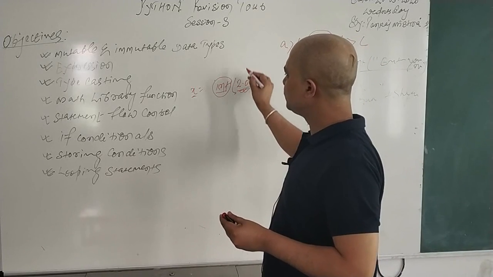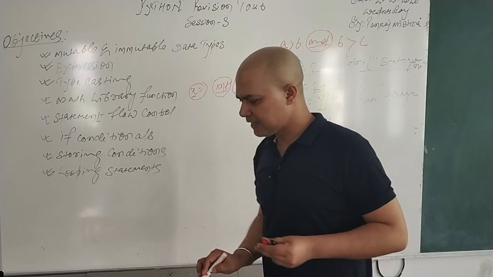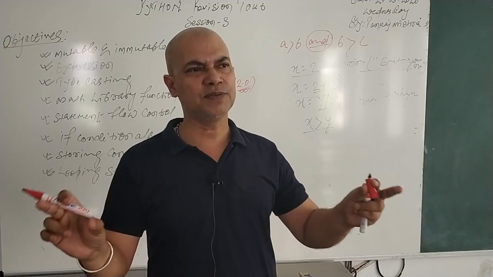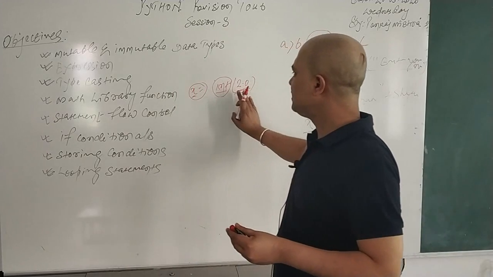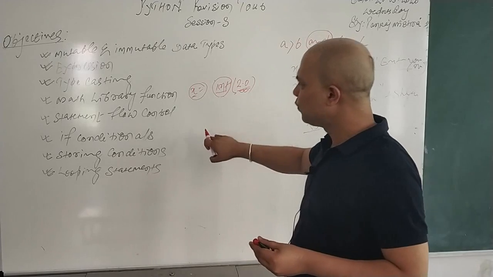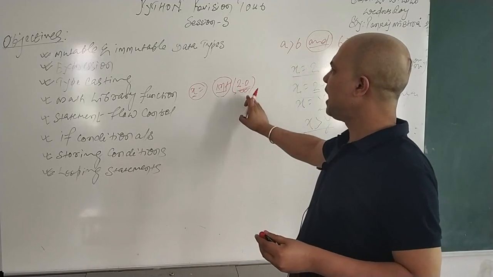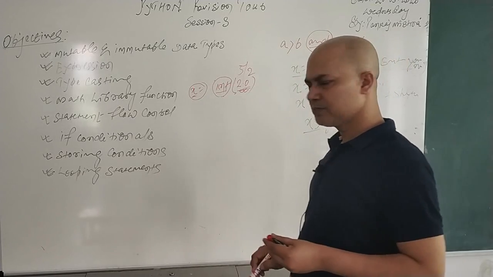Now this 2.0 will be converted into the integer and stored in the x. This is what typecasting is. So typecasting in Python means explicit conversion of data type, and that we have to do with the help of type and then expression. Here type means the data type you want to convert to. It can be int, it can be a string. And then the expression, either in the form of 5 by 2